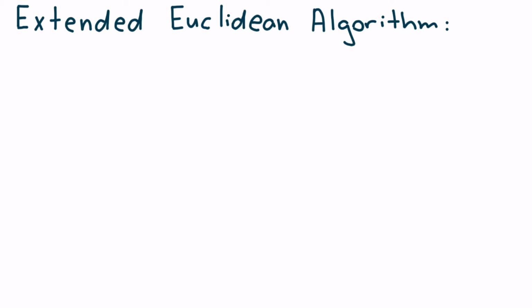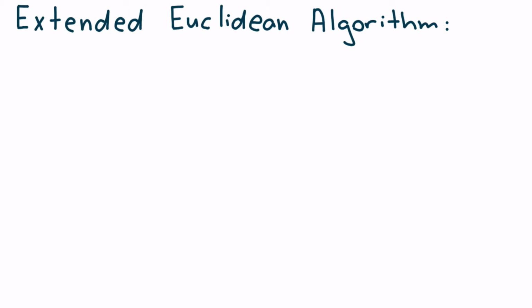This is an introduction to and worked example of the extended Euclidean algorithm, or the EEA for short, and a demonstration of its usage in computing the decryption key in RSA encryption. The EEA is used in the key generation phase of RSA encryption, which, if you're familiar with some of my